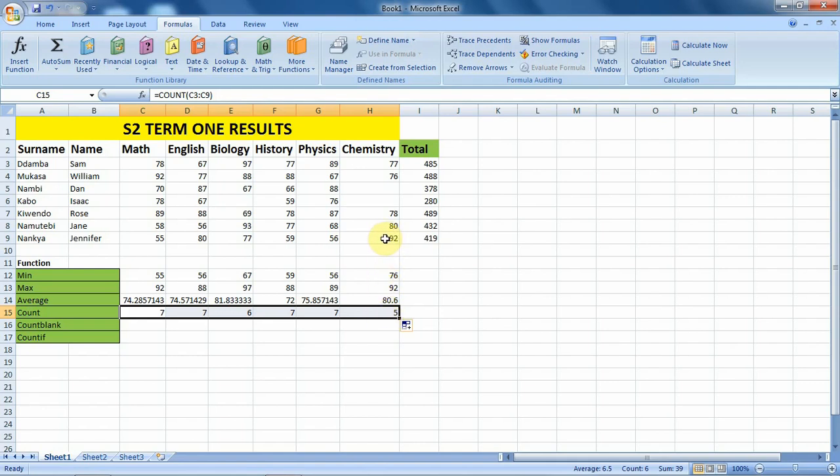So we see 1, 2, 3, 4, 5. So these are the 5 cells with numbers. And with our next function, which is the count blank function, this function helps us to count the number of empty cells that are in a range of cells. So count blank, it will come and count how many cells are not containing values or numbers,